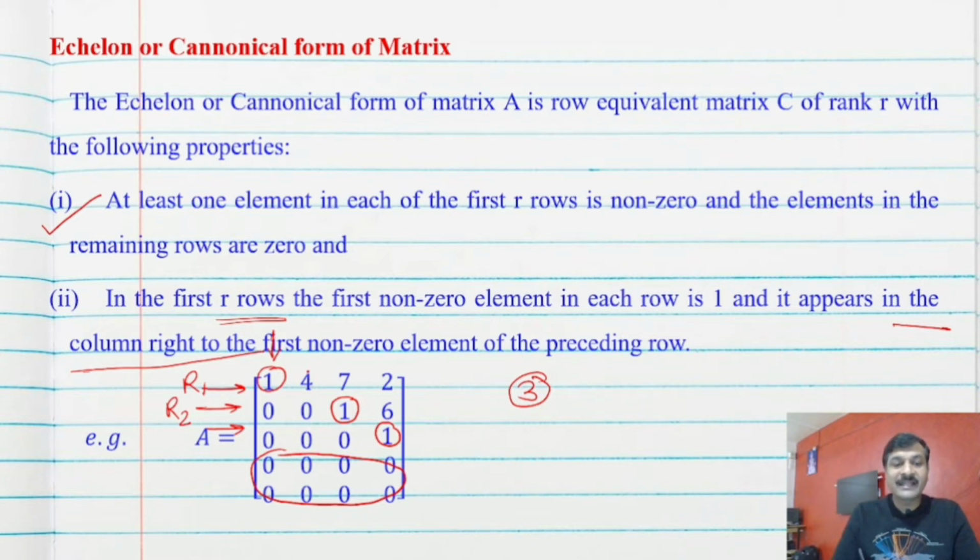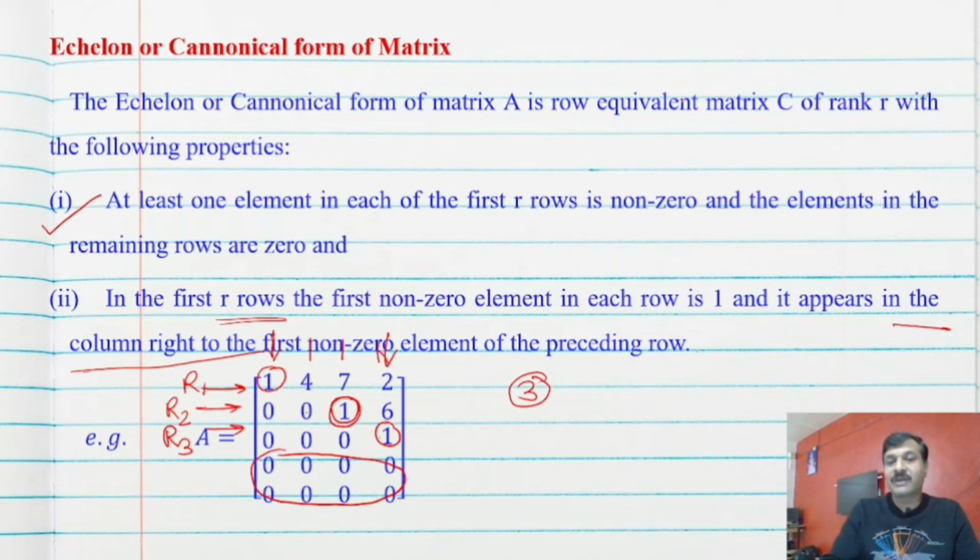It means that it can be in column 2, 3 or 4, to the right of C1. Maybe the possibility is here, here or here. So here we got 1. So in R3, what is the possibility? Only one possibility, that is in the